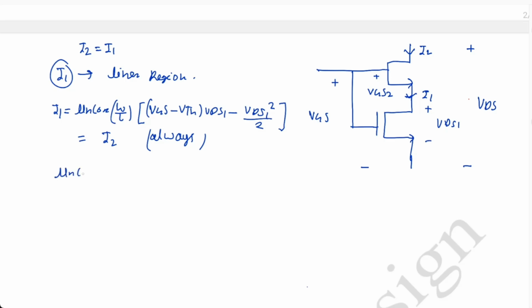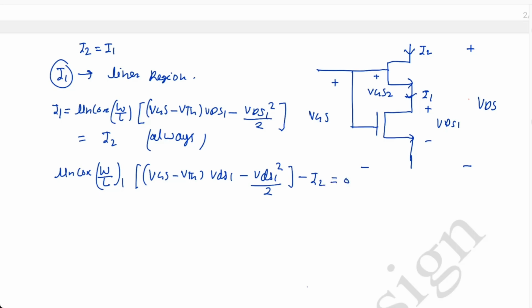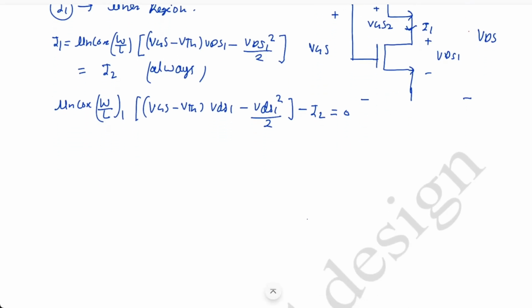So this will be mu1 Cox W by L1 into (VGS minus VTH) into VDS1 minus VDS1 square by 2, minus I2 equal to 0. Okay, now